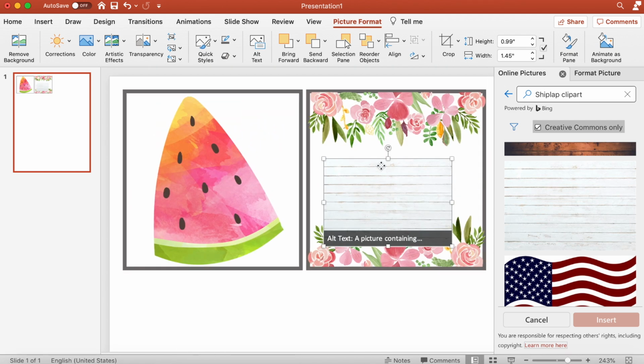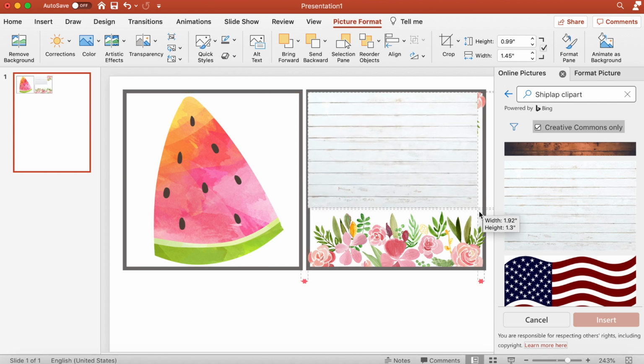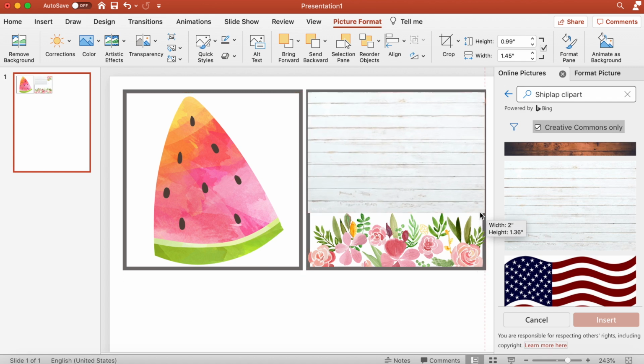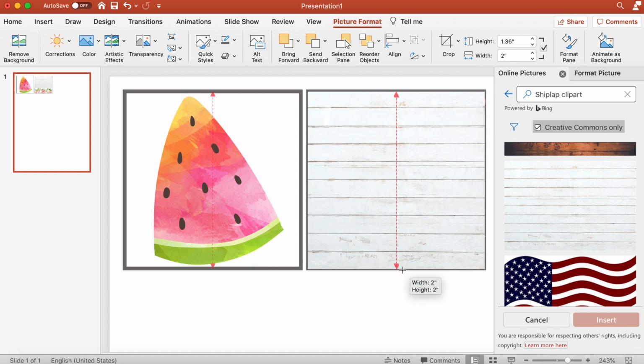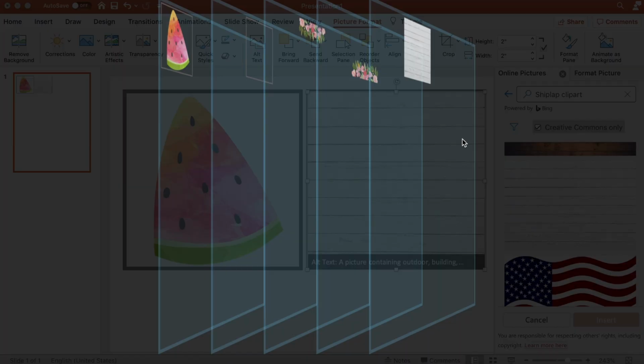When I drag it up onto my label, it's going to go on top of the other clip art that I already have because that's the order that I added it to my screen. So I'm going to resize it so that it fits my label. However, I need to move it to the back. So once I'm finished resizing it, I'm going to right click on the clip art picture and click reorder, and